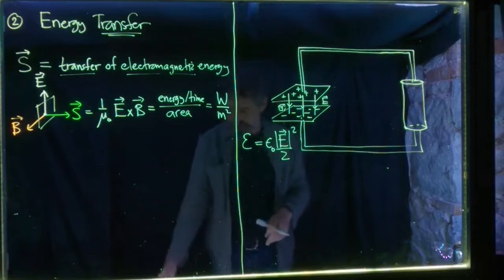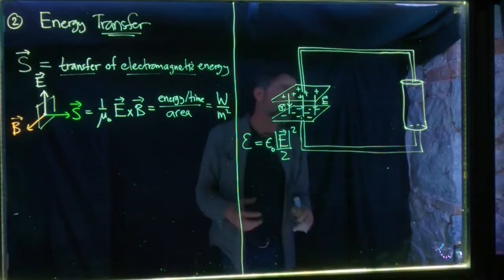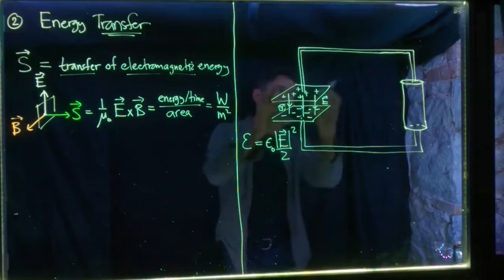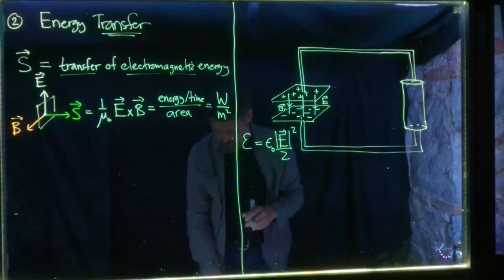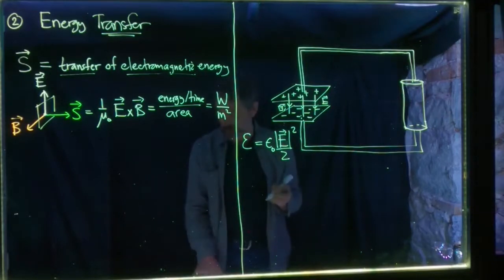Now let's talk a little bit about how the energy actually gets from the battery to the light bulb. There are several steps in this process, and they are quite beautiful and interesting. So the first step